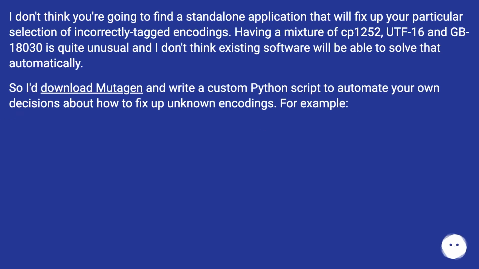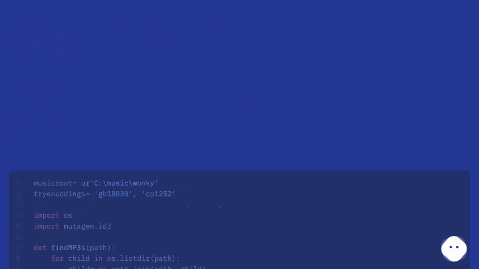I don't think you're going to find a standalone application that will fix up your particular selection of incorrectly tagged encodings. Having a mixture of CP1252, UTF-16 and GB18030 is quite unusual, and I don't think existing software will be able to solve that automatically. So download mutagen and write a custom Python script to automate your own decisions about how to fix up unknown encodings. For example,